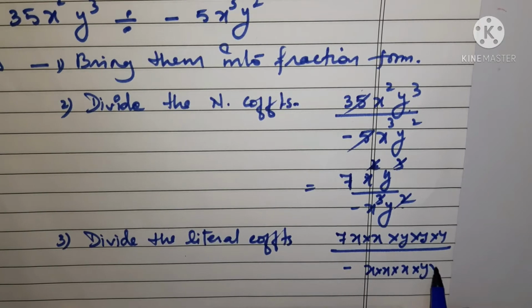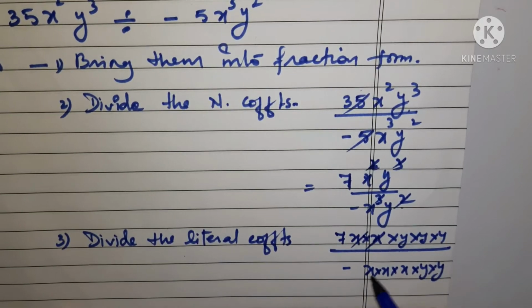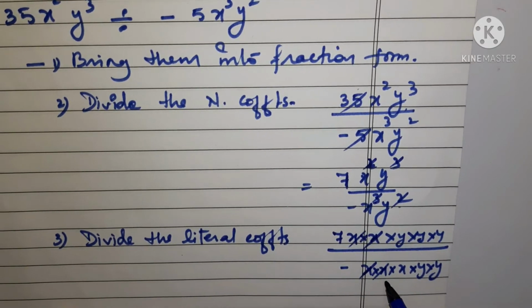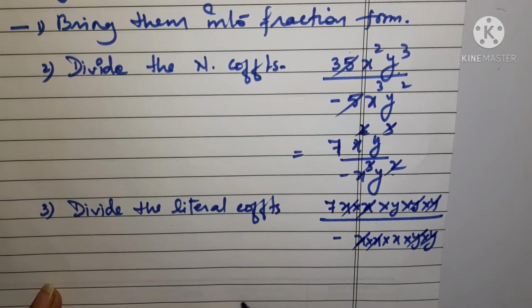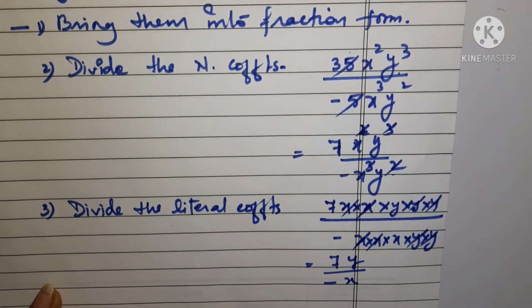and into y into y. So you can see if we cancel out like this, like this, like this, like this, you can see 2 of the x's are cancelling out, right? And here you can see y and y is cancelling out with y and y. So what is remaining? We are remaining with 7, y is there, 7y, and in the bottom we are remaining with only minus x. Understood?